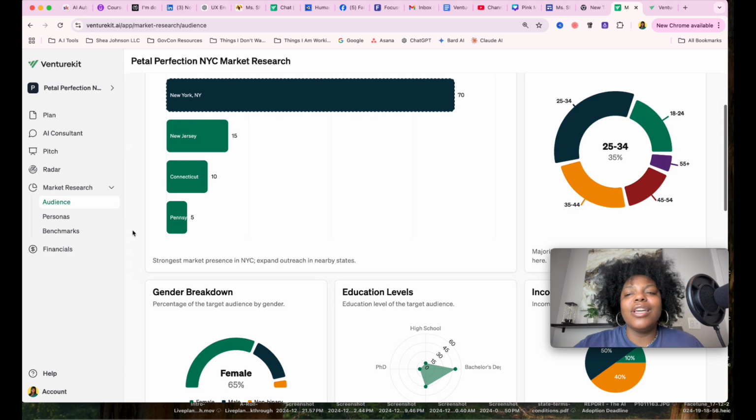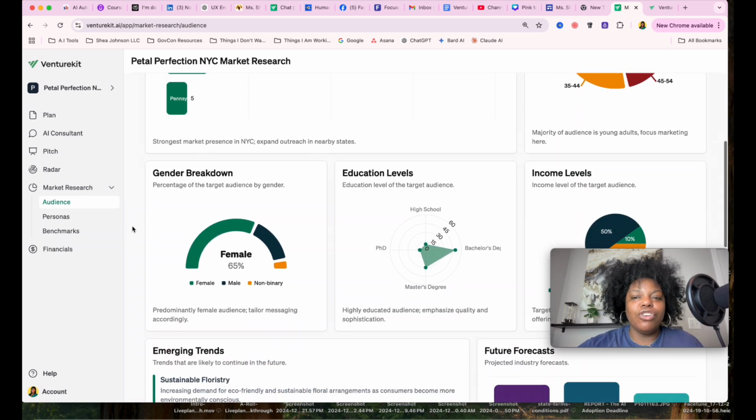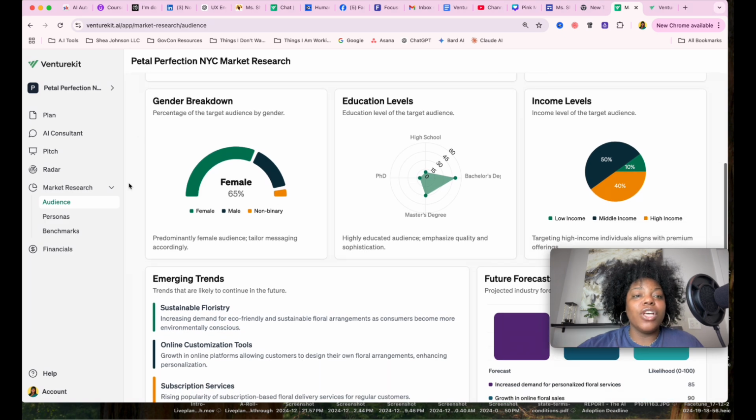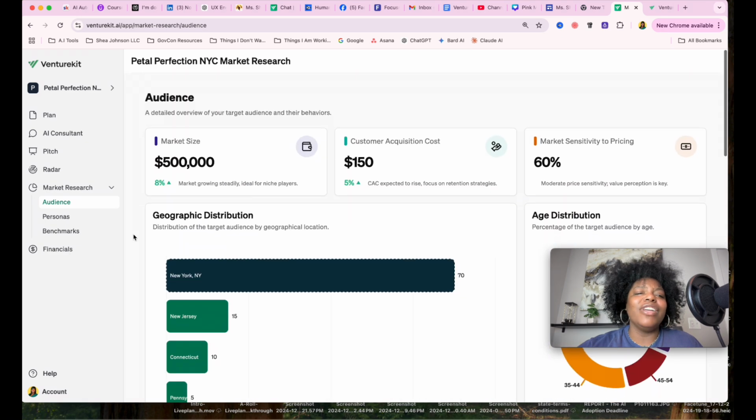So I really like this. I mean, can you look at what just happened? We literally put in a couple of sentences of our idea. We just gave the tool our idea. And the tool said, this is what your idea looks like. Very robust, very detailed, almost probably very exact. Why reinvent the wheel, right? So yes, it gives you an overview of, look, even the gender breakdown, education levels, income levels. This is a very detailed